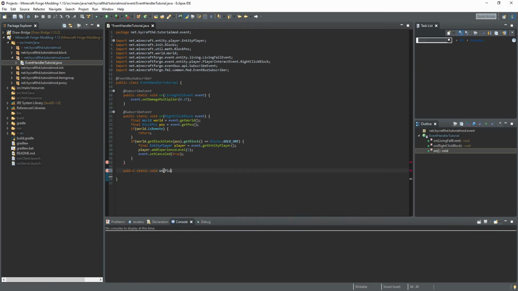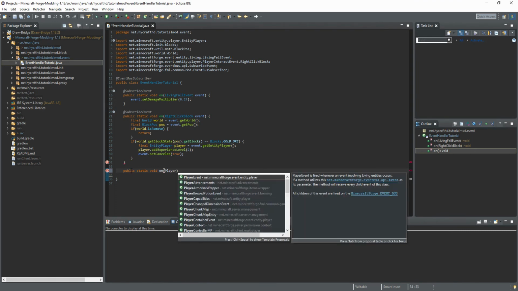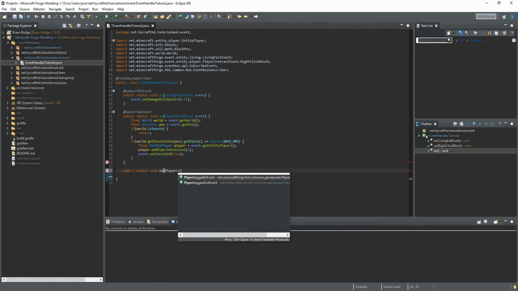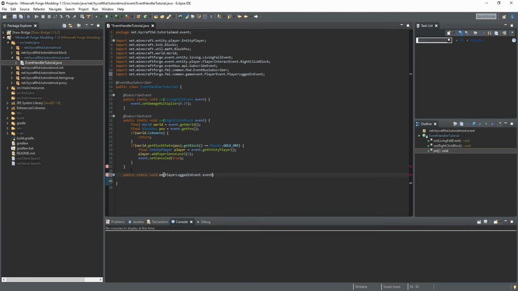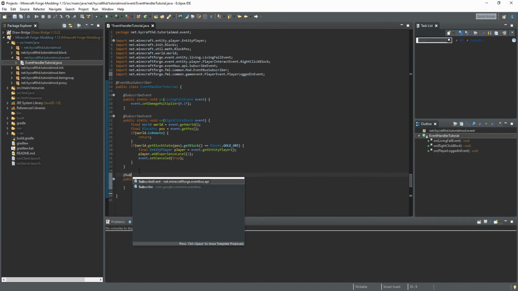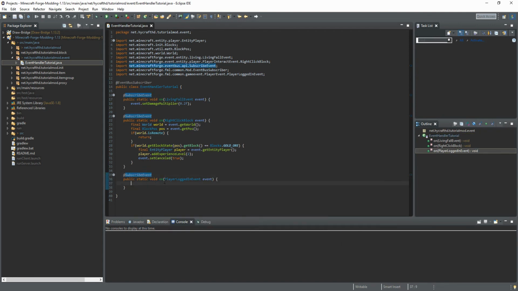On play logged in event. So add subscribe event again, and there we go. Now this is only called on the server side, I guess. So now we can get the player again,